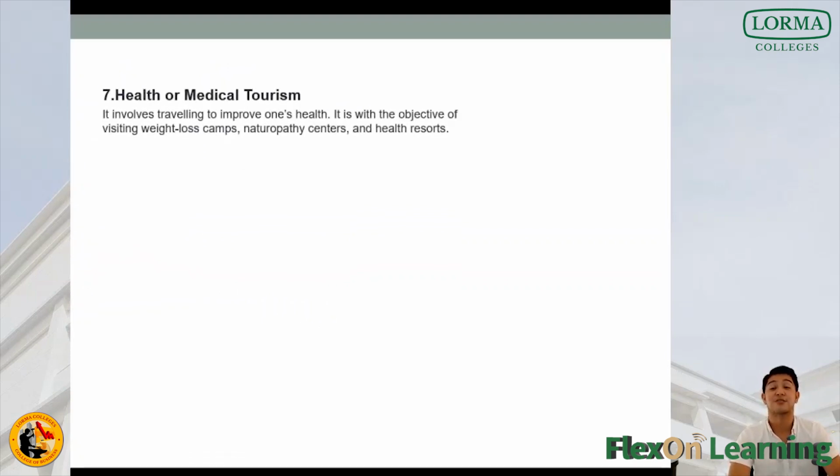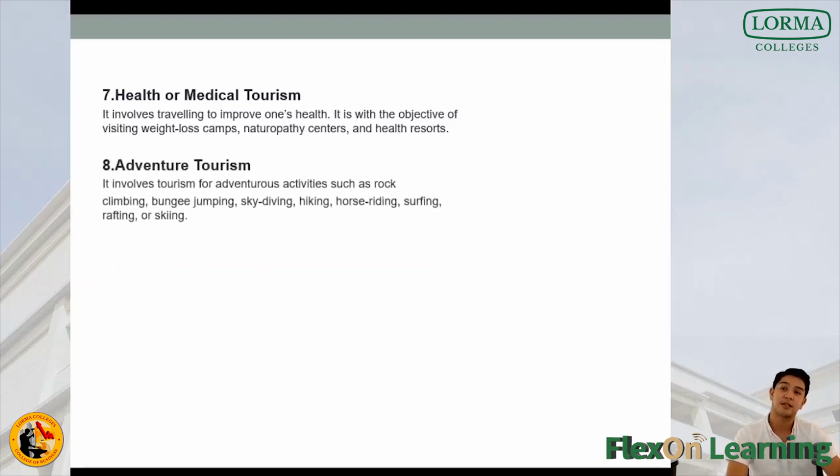Seven is health or medical tourism. This involves traveling to improve one's health. It is with the objective of visiting weight loss camps, naturopathy centers, and health resorts. Eight, adventure tourism. It involves tourism for adventurous activities such as rock climbing, bungee jumping, skydiving, hiking, horse riding,